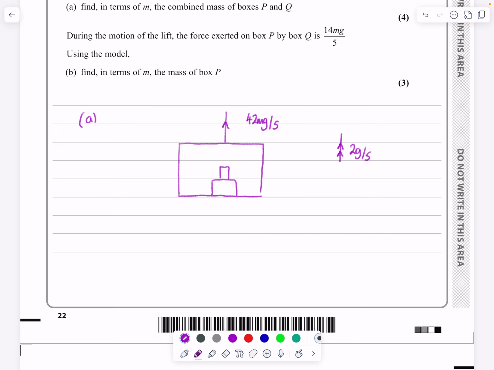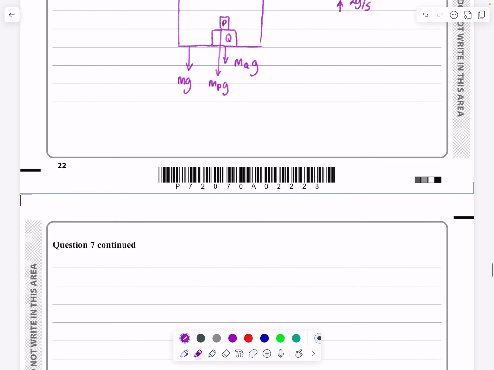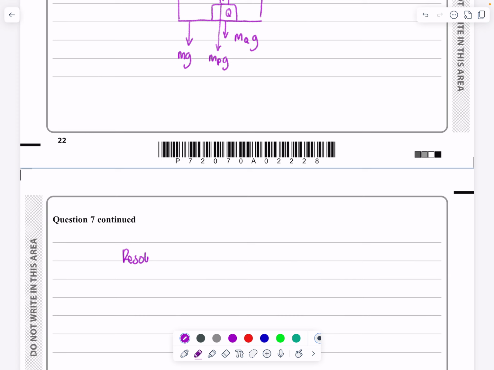2g/5. You'll have read it through, we know that the weight of the lift is mg, and then we've got the weight of box Q. Well, I'm going to call that mqg, and obviously I've also got the weight of P here, which I'm going to call mpg. So those are all my forces in effect for the lift. So if I just resolve vertically then, F equals ma, resolve vertically,